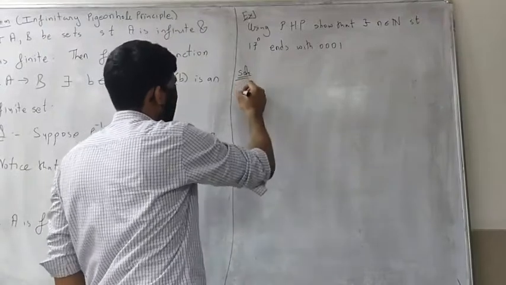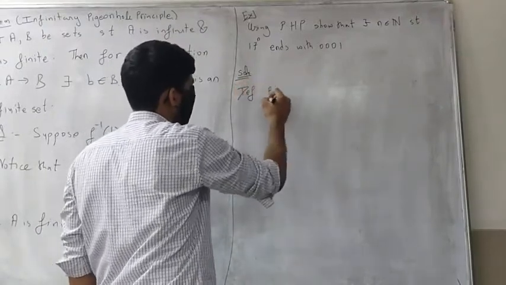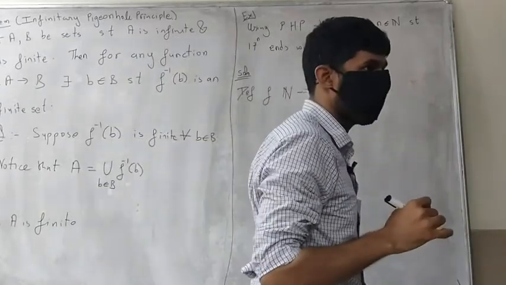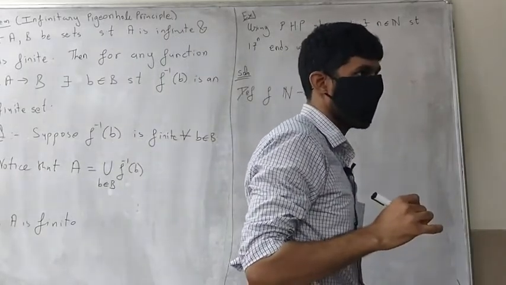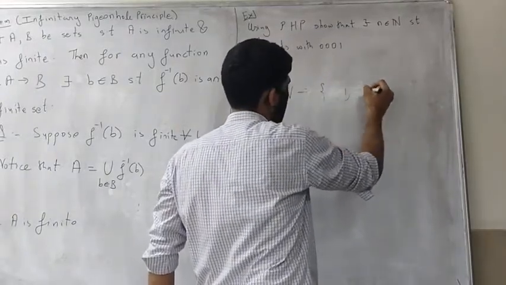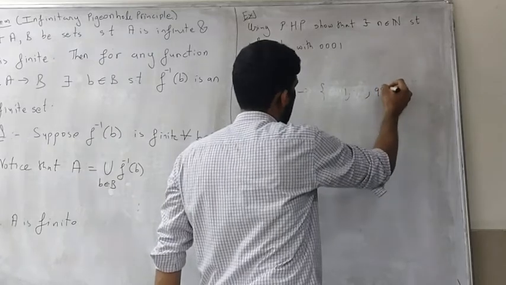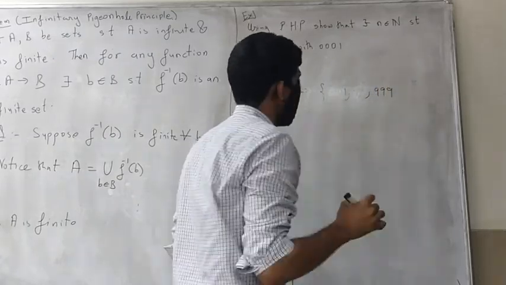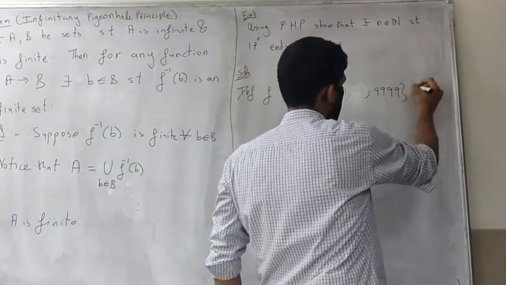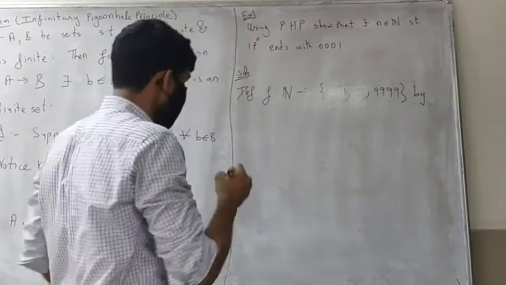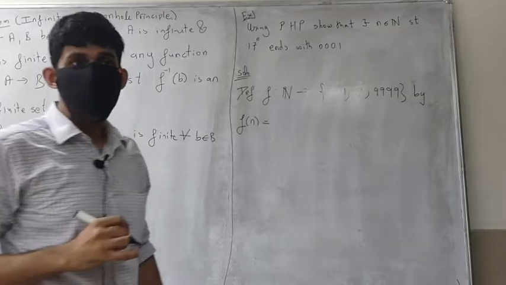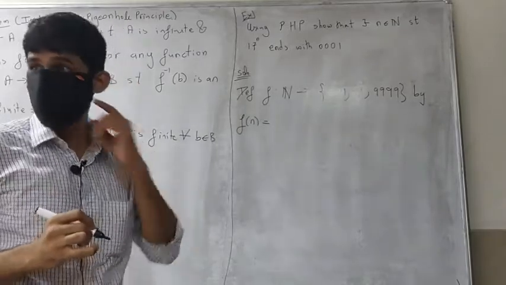So define f from the set of integers to 0, 1 up to 9,999, by taking f of n to be the remainder of 17 raised to n